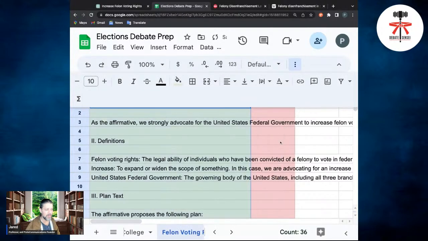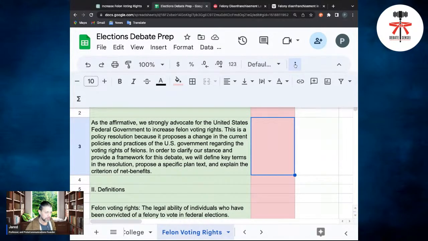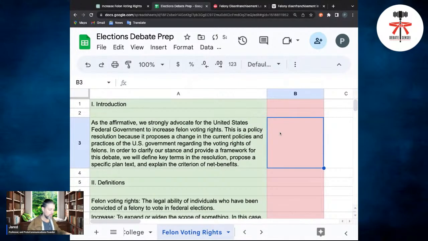I'm going to make it green. So green is affirmative, red is negative. I'm going to format it, so wrapping, which makes it easier for me to read when it doesn't spill over. All right. So the reason I like doing it this way is that if you want to take notes about how your opponent responds to your argument, you can write it right next to the argument that they're responding to. So rather than putting it at the bottom of your document, it's like having a pro-con list and they're right next to each other.